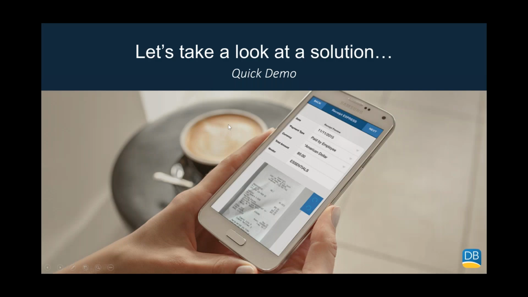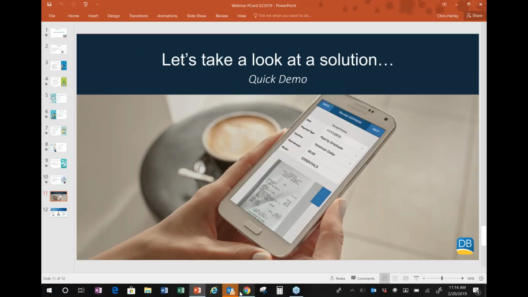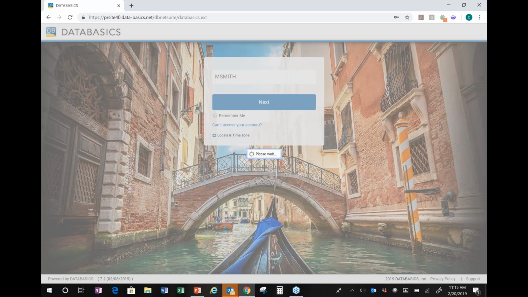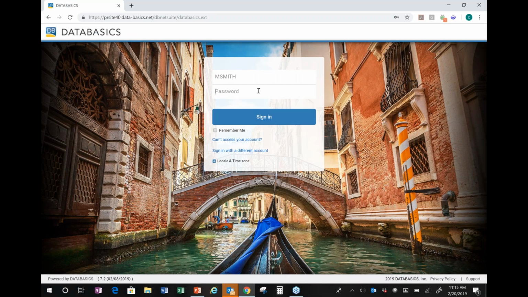So with that, let's go ahead and take a look here at this solution. What I have today is the ability to take a look at the DATABASICS offering from a P card perspective. One of the things you're going to see within this platform, and this one is tailored specifically to a demo environment, but